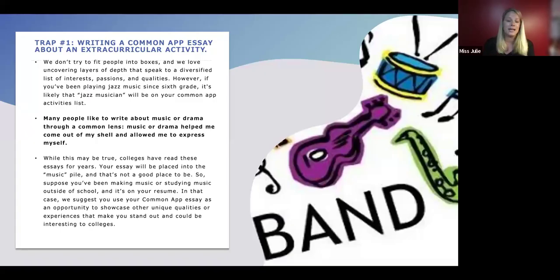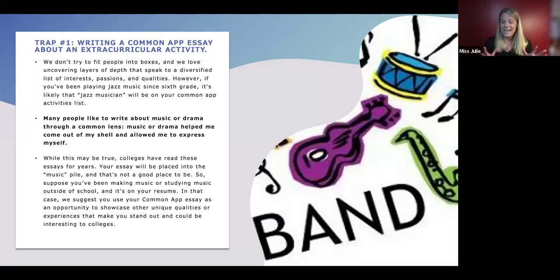In that case, we suggest that you use your Common App essay as an opportunity to showcase other unique qualities. Remember, your Common App essay should say something new about you, right? And again, it's not that you can't write about music, but you would have to do it from a very unique lens. I think about a student we had a few years ago who wrote about music,